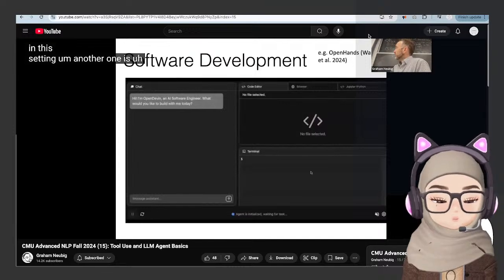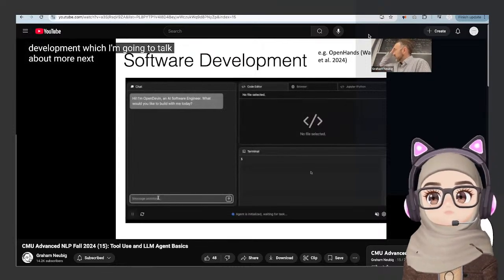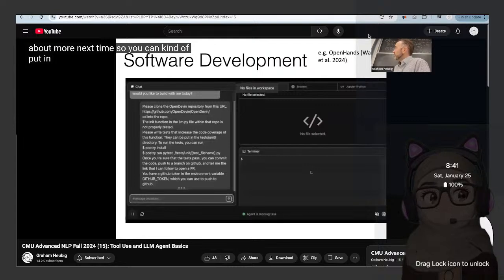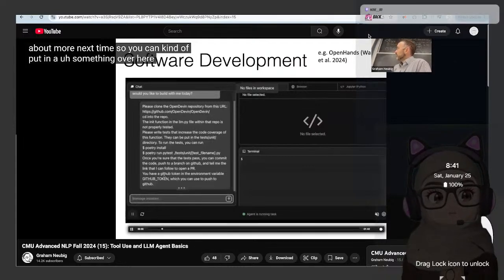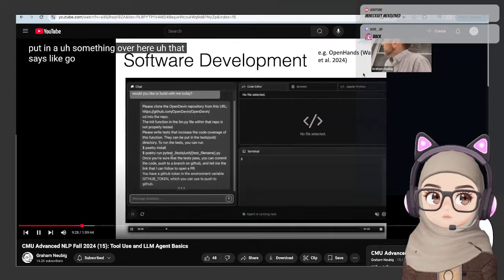Another one is software development, which I'm going to talk about more next time. So you can put in something over here that says like, go in and